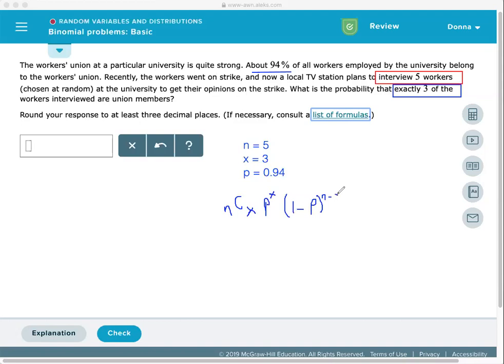Replacing the values, then it's going to be 5 choose 3. So from the 5 workers, we want 3 of them to be union workers, times the probability of 0.94